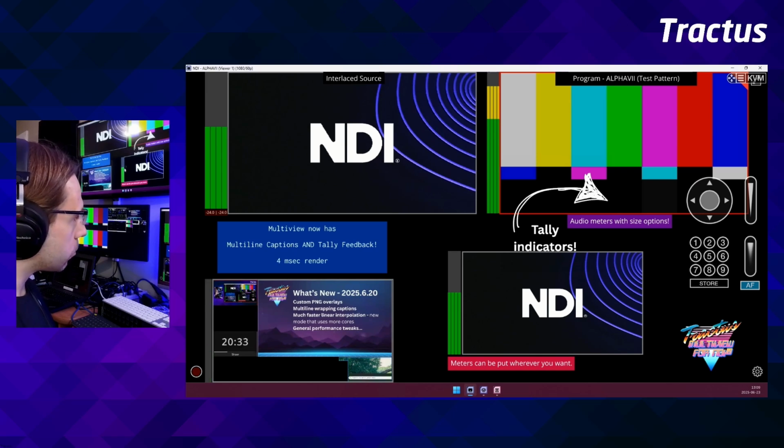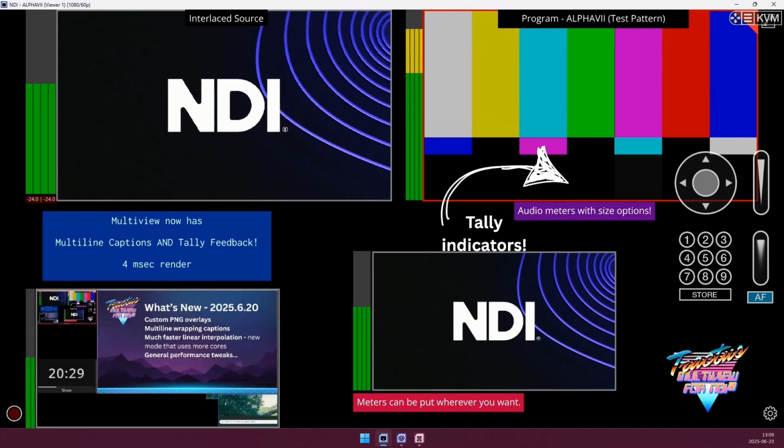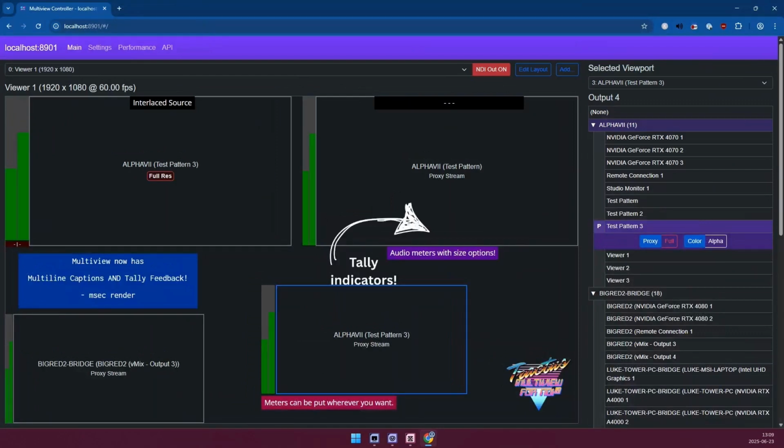You also notice this one. Again, this is tuned into test patterns. I got 4 bars of audio here, right? So I'm just displaying as many bars as I've allocated space for. So I'll come in here. I'll show you how I've set everything up in Multiview for NDI.